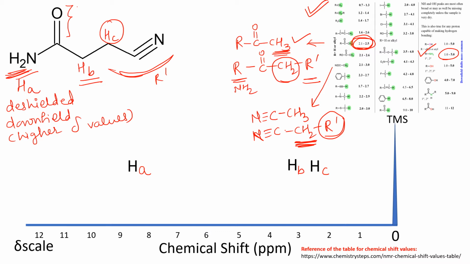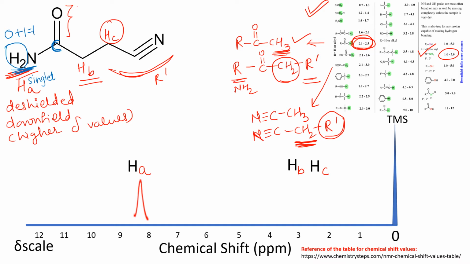Now what about splitting of the signals? Let me take a different color of pen. I'm taking blue now. I'm talking about these two protons present on this nitrogen, and adjacent to the nitrogen this carbon is there. This carbon doesn't have any hydrogen on it. Thus, as per the n plus 1 rule, this is 0 plus 1. So the peak of these two protons, that is the peak of HA, would be a singlet, because on the adjacent carbon there is no hydrogen.